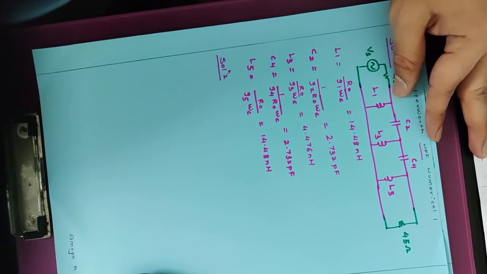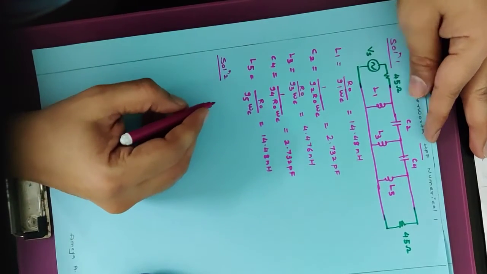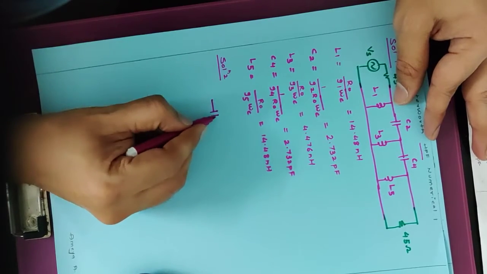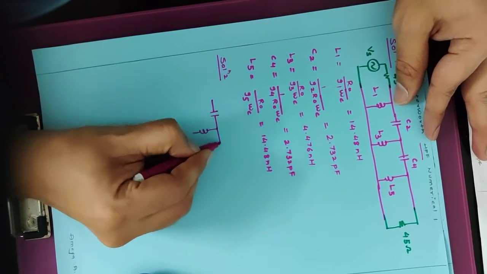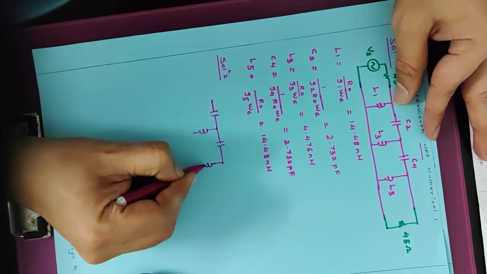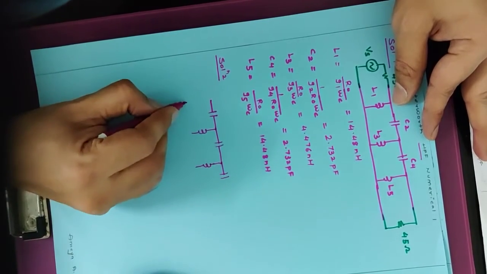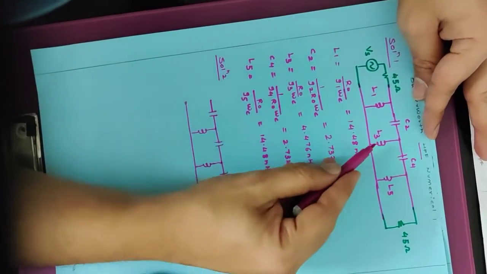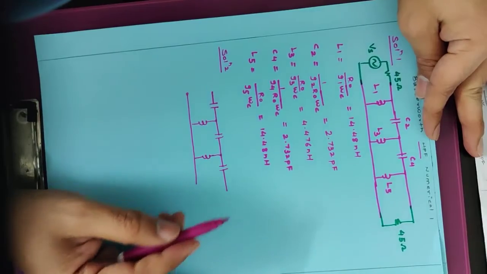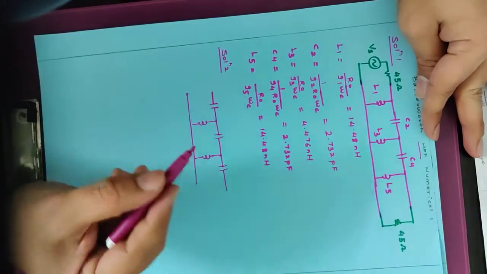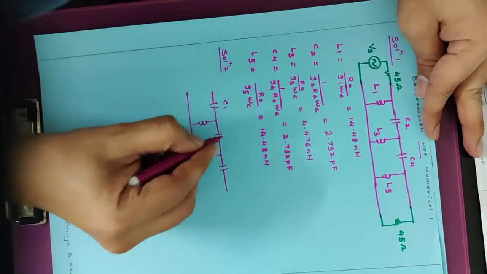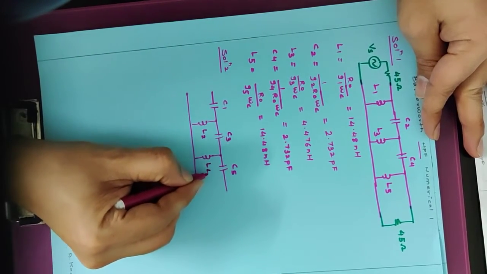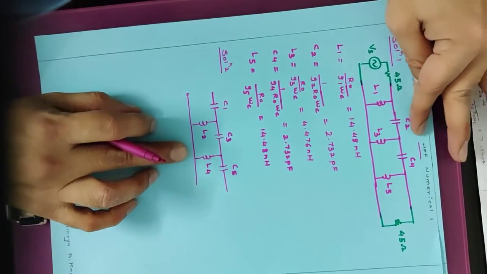In solution 2, I will consider the first element to be a series element, and for a high pass filter the first being a series element, this has to be a capacitor, and then I will have inductor, capacitor, inductor and capacitor. So in solution 2 I will have 3 capacitors and 2 inductors, while in solution 1 I have 3 inductors and 2 capacitors. So here I have to determine C1, C3, C5 and L2 and L4.